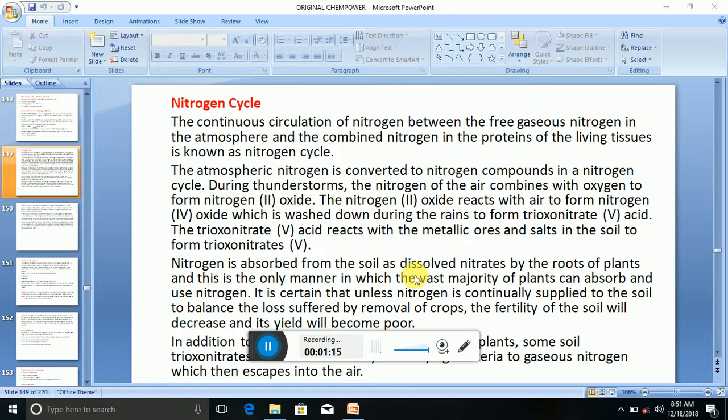During thunderstorms, the nitrogen of the air combines with oxygen to form nitrogen(II) oxide. The nitrogen(II) oxide reacts with air to form nitrogen(IV) oxide, which is washed down during the rains to form trioxonitrate(V) acid. The trioxonitrate(V) acid reacts with the metallic ores and salts in the soil to form trioxonitrate(V). Nitrogen is absorbed from the soil as a dissolved nitrate by the roots of plants, and this is the only manner in which the vast majority of plants can absorb